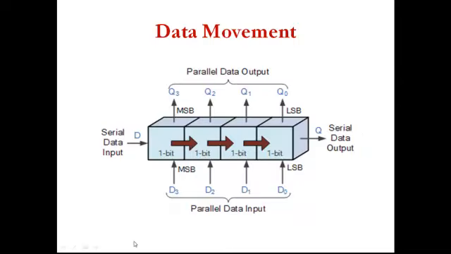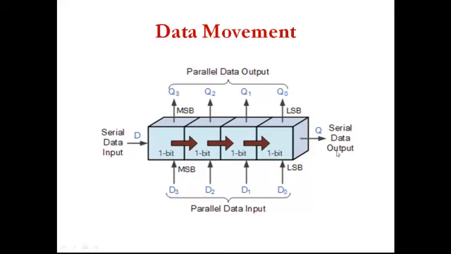Now you see this diagram, it gives you the data movement of the serial input, serial output. You can see here, this is the serial data input, shifting. This is for example for 4-bit, and here you are having the serial output. Parallel loading in the sense you are loading input parallelly, taking the output parallelly. So if you say serial input, parallel output, your input alone is serial, output is parallel, SIPO combination. Parallel input, serial output, PISO, input is parallel, output is serial.